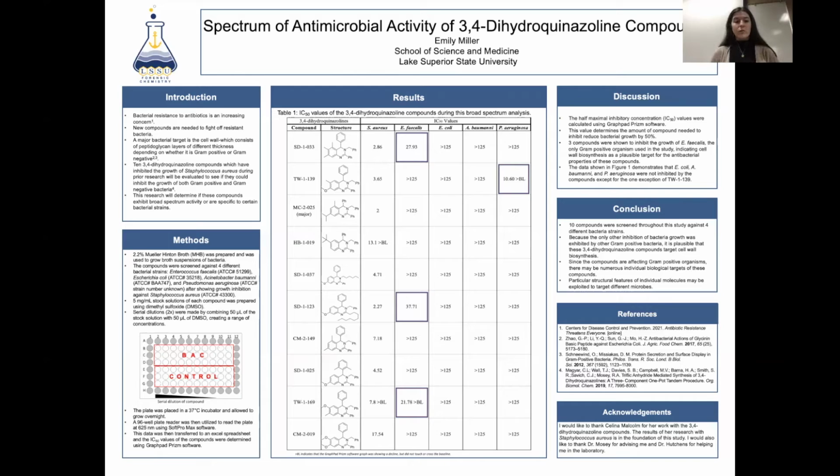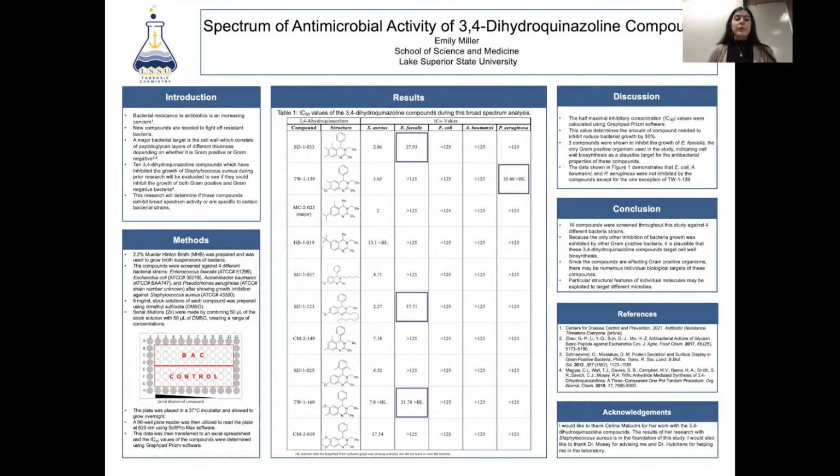Sterile Mueller-Hinton broth was prepared and used to grow broth suspensions of bacteria. Serial dilutions were also created in order to analyze the compounds at different concentrations and how they would react with the bacteria. The plate was created as shown on this poster, and it was incubated at 37 degrees Celsius and allowed to grow overnight before reading the absorbances. All absorbances were read at 625 nanometers. And then the data from that was analyzed using SoftMax Pro software as well as GraphPad Prism software, where IC50